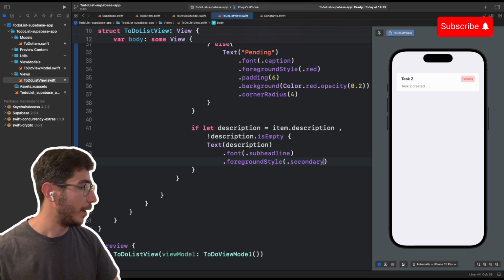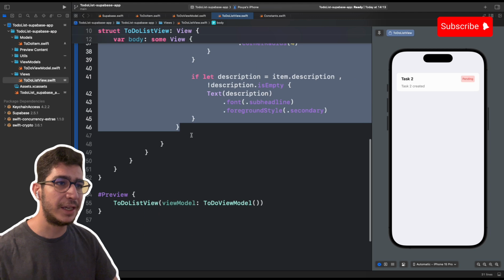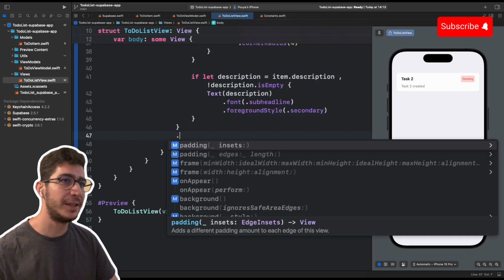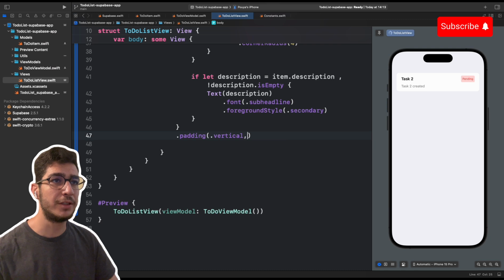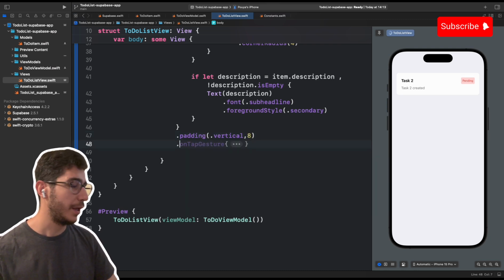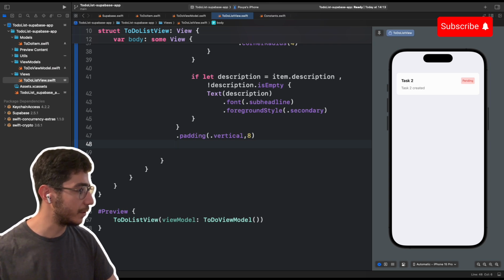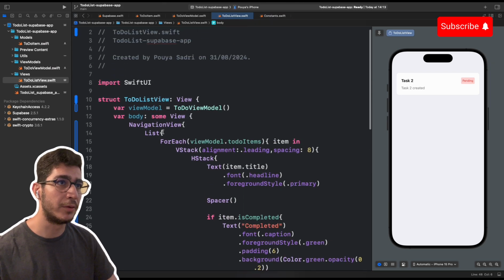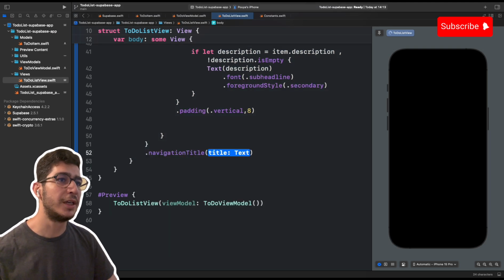Good. And here it goes. In our VStack, we want to add some padding. So we have a padding, and we want to add a vertical padding of 8. Good. And this is for the next. And here in our list, we have .navigationTitle